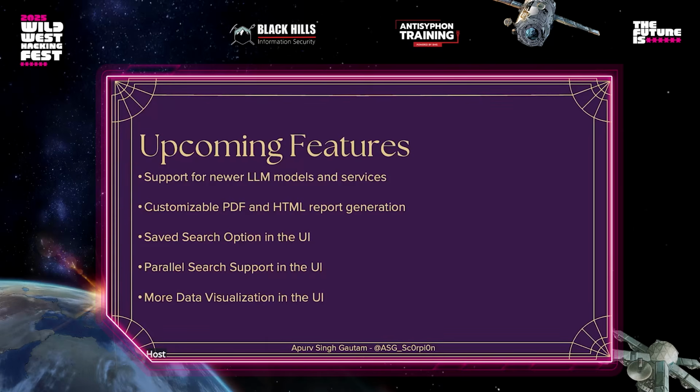Same with searching. Right now, once you search anything, it doesn't persist the searches, or it doesn't save. Once you refresh, it is gone. You can download it, but it's gone from the UI. So that is the idea of saving the searches. And one of my favorites is the parallel search. At the end, as you saw, it gives you output as multiple search queries. So implementing parallel search, you can just click one button, it will execute all those queries and give you a final output. So that is some of the features that I came up with.